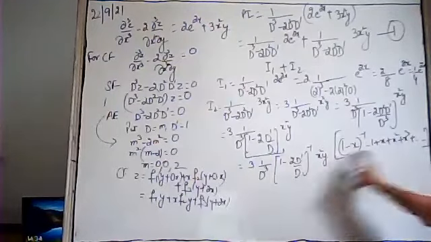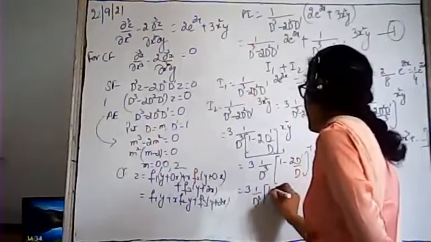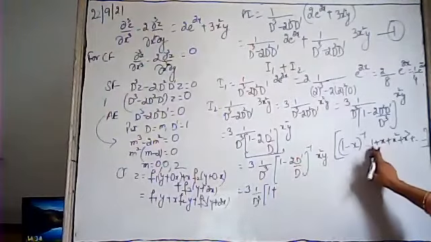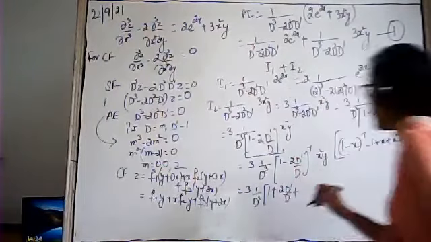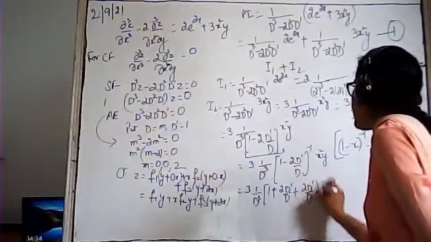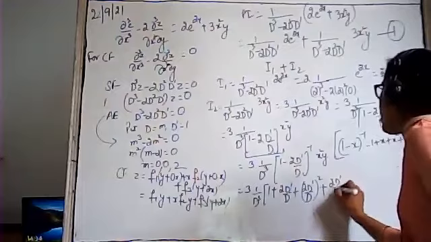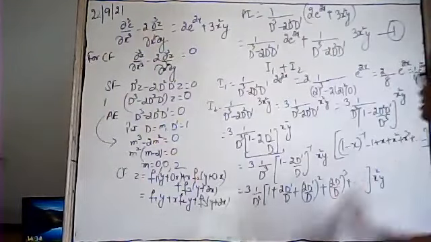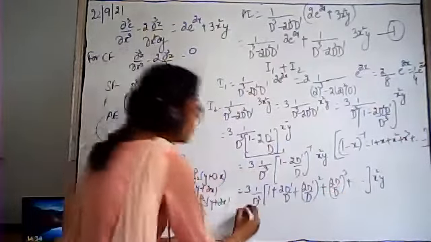We are going to apply this formula here. It will be 3, 1 upon D cube. This is 1 minus x raised to the power minus 1, which means 1 plus x. Here x is 2D dash upon D, plus the next term x square, we have 2D dash upon D the whole square. Next term is x cube, it means 2D dash upon D whole cube and so on up to infinity. Outside the bracket, it is x square 1. But आप देख लो पहले, बाद में note कर लेना. I will give you time.